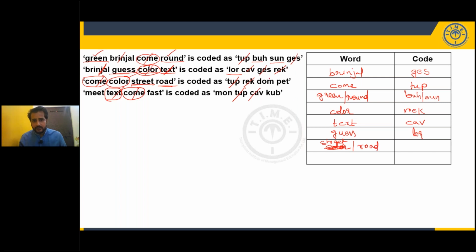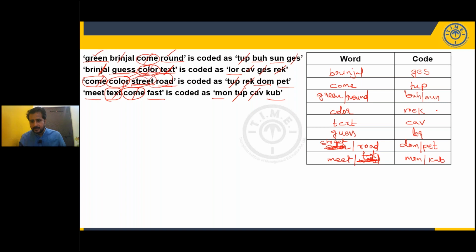What are the leftover codes? DOM, PET. Since we cannot say exactly what is the code for street and what is the code for road. Now finally we are left with the fourth statement. All the remaining statements are completed. Now what are the terms left? Meet, fast. These two words also we will not be able to find exact codes for. Meet and fast. And what are the leftover codes in the fourth one? MON,